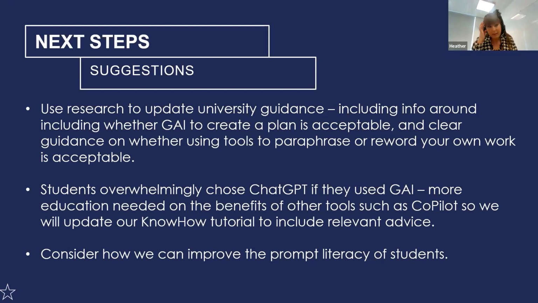Thank you. So in terms of what our next steps are from our study, we have been in conversations with CIE in terms of using our research to update university guidance. Obviously, we could see from our study that a lot of students were using GAI to create a plan, which isn't necessarily specified in the guidance as to whether or not that is acceptable. So it would be quite useful to have a clear sentence in there about planning. And also some more clear guidance on whether using tools to paraphrase or reword your own work is acceptable, which we did find a few students doing. So just getting a bit of clarity on whether or not that is going to be part of the acceptable